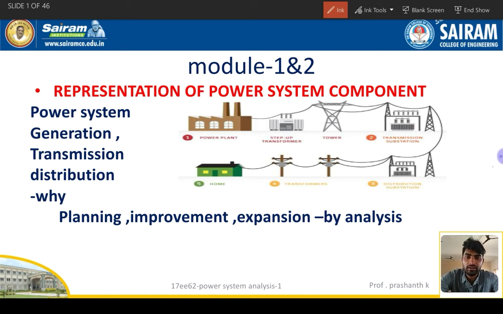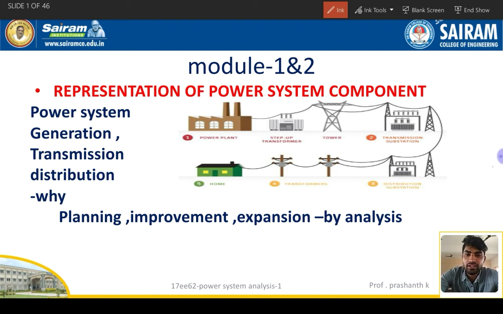This one is power system analysis 2. So, representation of power system components. The basic power system components, I'll be coming from the base. First one is the generator. What type of generator are we using in the power plant? Definitely we are using a synchronous generator. If you visit any power plant once, it occupies almost 60-40 percent of the side. Big generators we are using to generate the power, and there we are generating 11 kilovolts.